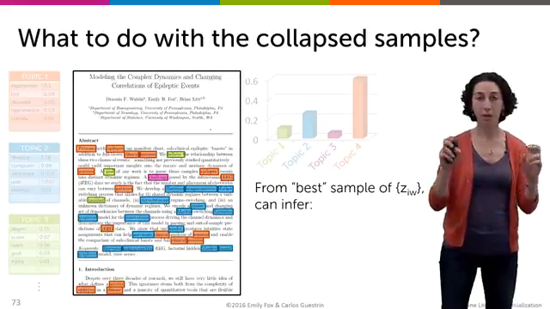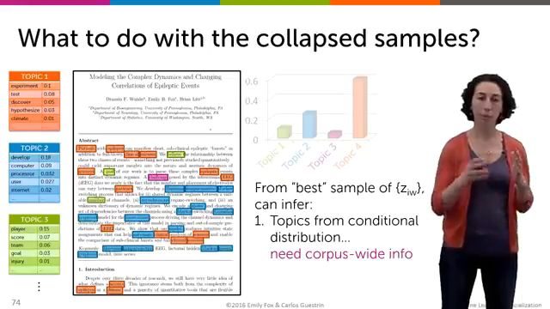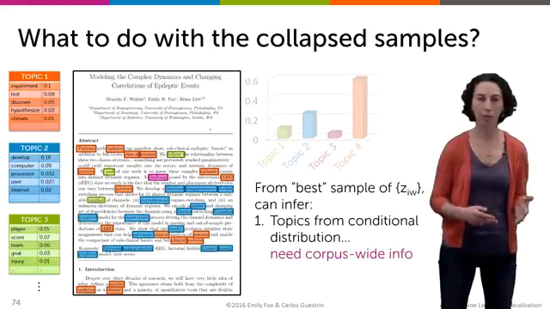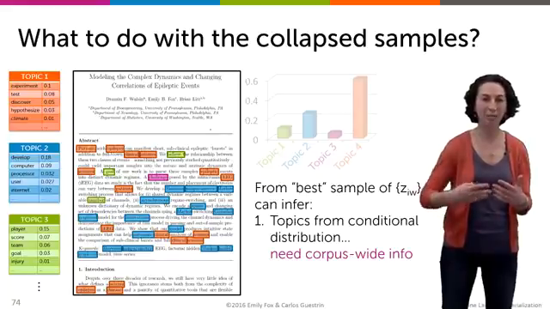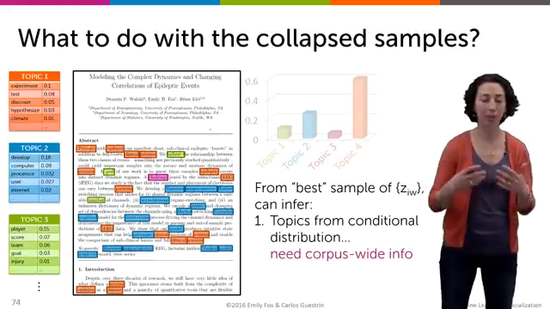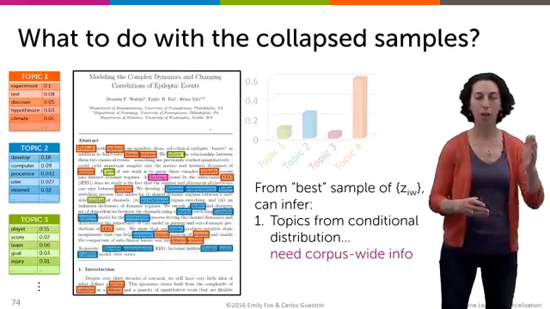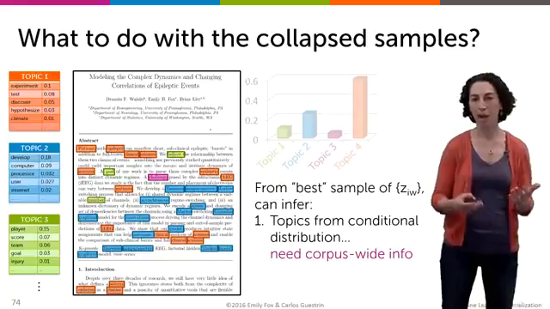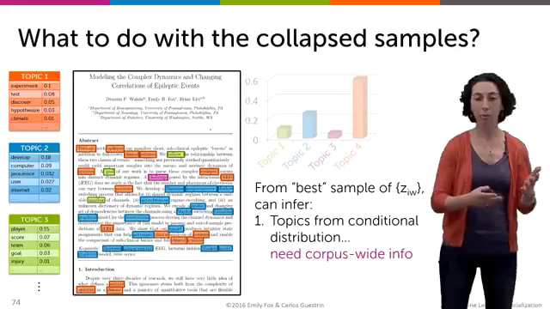Then for this best sample of all these word assignment variables, we can think of post facto, after running our collapsed Gibbs sampler, doing inference on the topic vocabulary distributions, because once I've conditioned on a set of topic indicators for every word in my corpus, then I can form the conditional distribution on my topic vocabulary distributions. This is exactly the distribution that we described at a high level when we talked about our uncollapsed standard Gibbs sampler. So we can think about sampling these